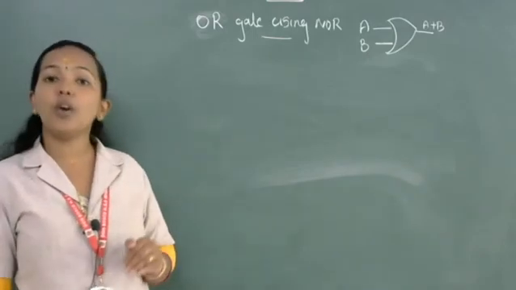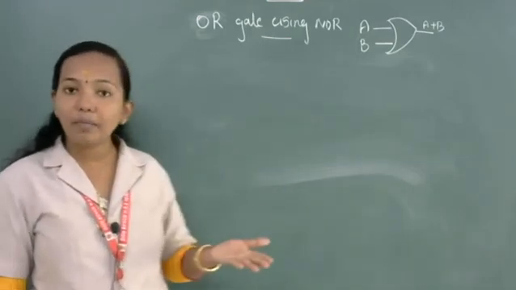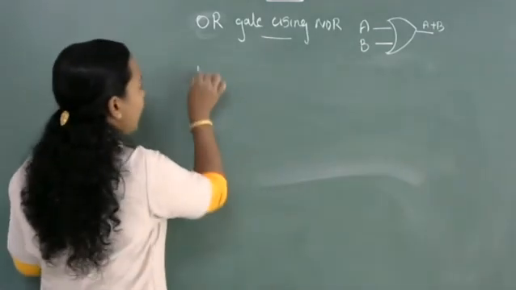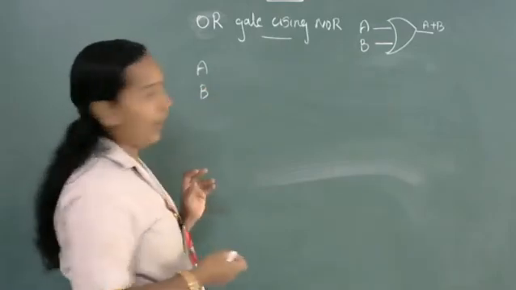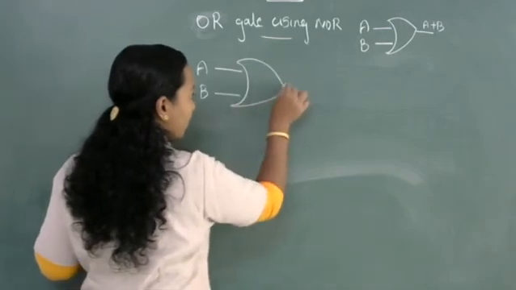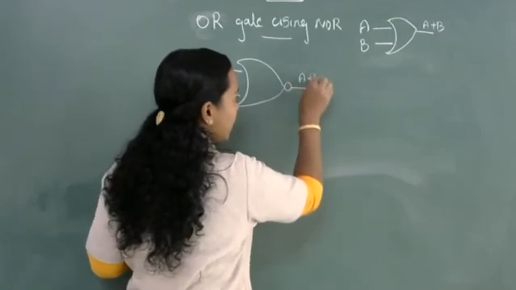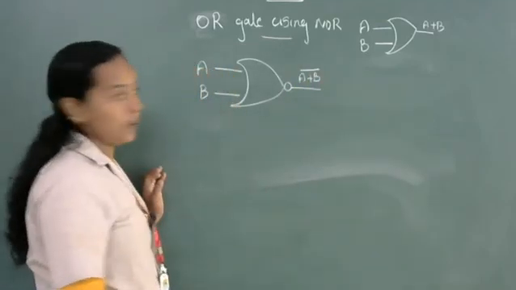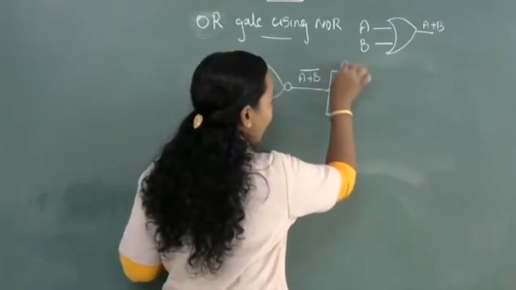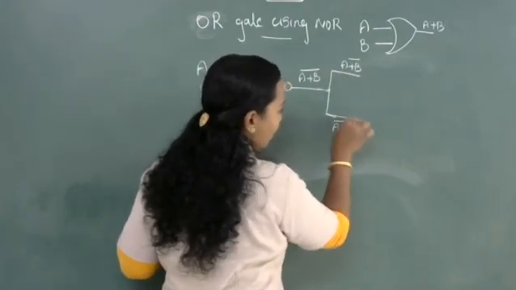After OR gate we are getting A plus B. But after NOR gate what are we getting? (A plus B) all complement. So we are converting (A plus B) all complement into A plus B. For that, A and B are two Boolean variables. First I am applying NOR gate. After NOR gate the result is (A plus B) all complement. Then I am splitting the same line into two inputs, each (A plus B) all complement.